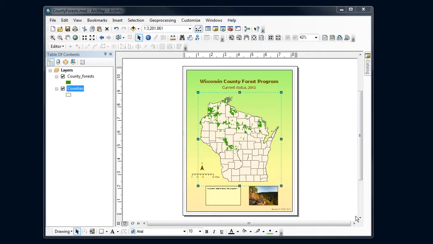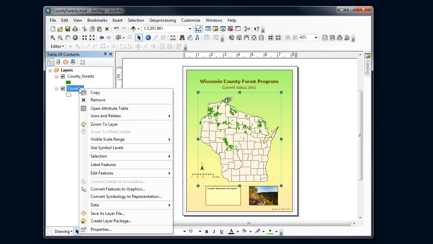So I got a lot of space there where I could add some labels and put the county names on. Now labeling is a pretty complicated set of procedures within Arc. There's some simple ways of doing things and some much more sophisticated ways. And I just want to show you the simple ways right now. So I want to label my county file here. So I'm going to go to the county file in the table of contents, right click on it,